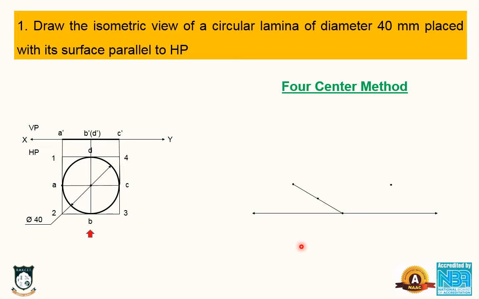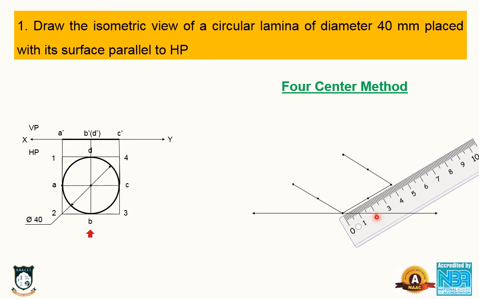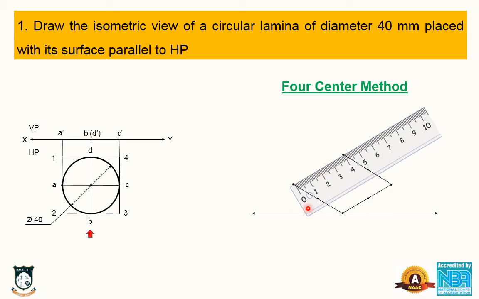Similarly, you follow the same procedure, 20 mm. Then you have to move the scale parallelly. Why? Because edges 1 and 2, and edges 4 and 3, are parallel to each other. That's why we are moving the scale parallel here. Edges 2 and 3, and edges 1 and 4, are also parallel. Similarly, move the scale parallelly and mark 40 mm, then make 20 the center. So we have constructed this box 1, 2, 3, 4 and marked the center points for the 4 edges.